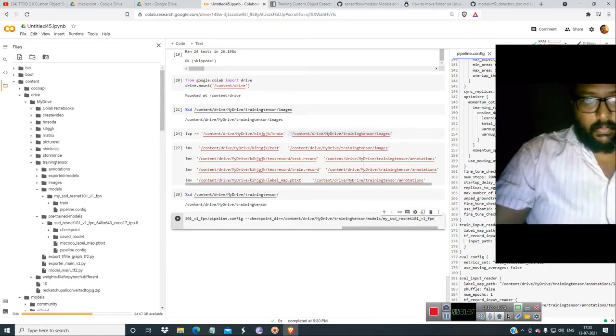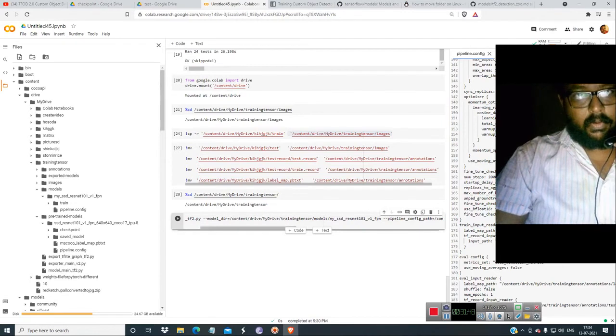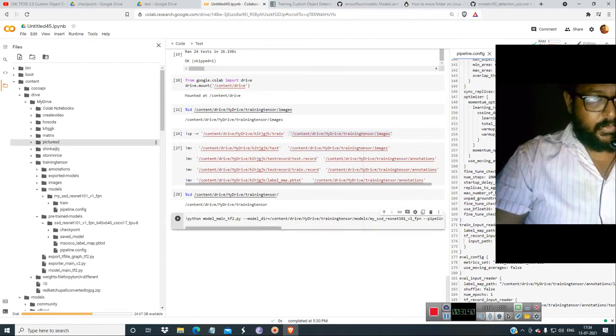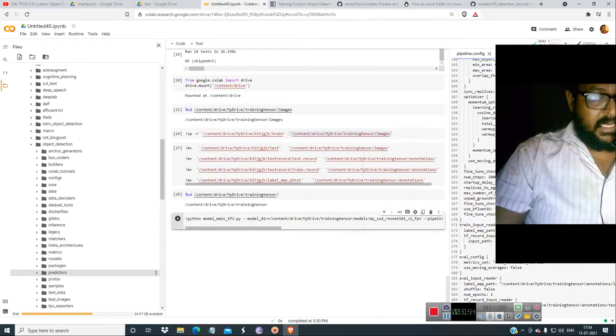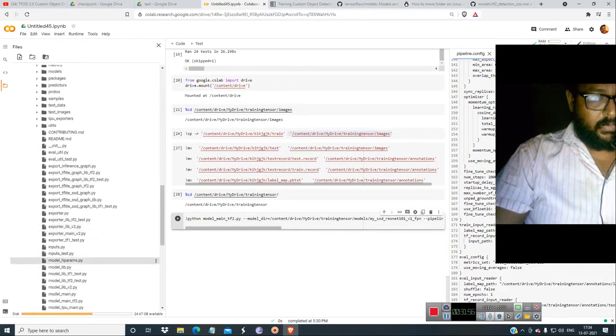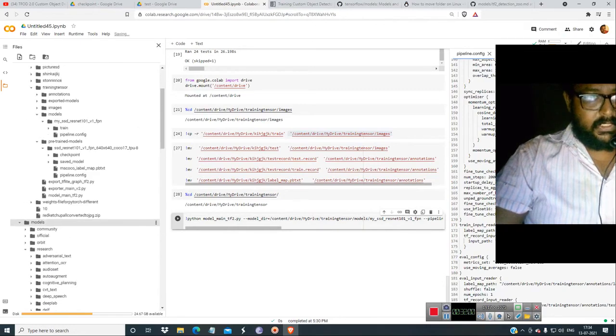So I will tell you what I have given again. First we have given the model main tf2, which we have downloaded from here, or we can take it from the object detection folder. As I am showing you here, it is inside the object detection folder, in models research. In there is model main tf2, so you can copy that to this folder.